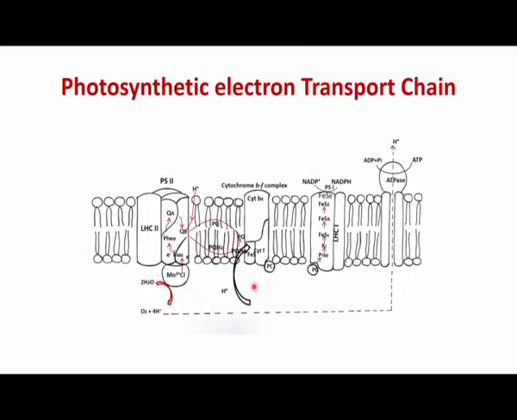So, the electron which is generated from the water by the light harvesting complex 2 reaches the light harvesting complex 1, which is also excited by light, and then it pushes out that electron which it has accepted from the plastocyanin to another electron acceptor